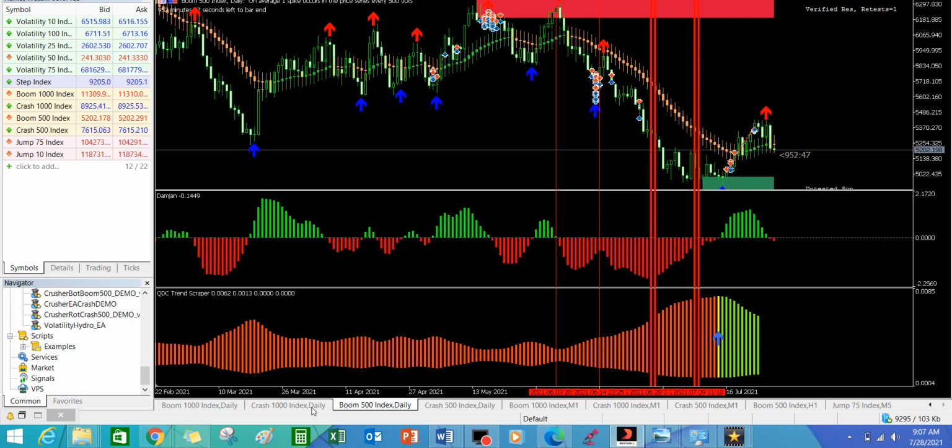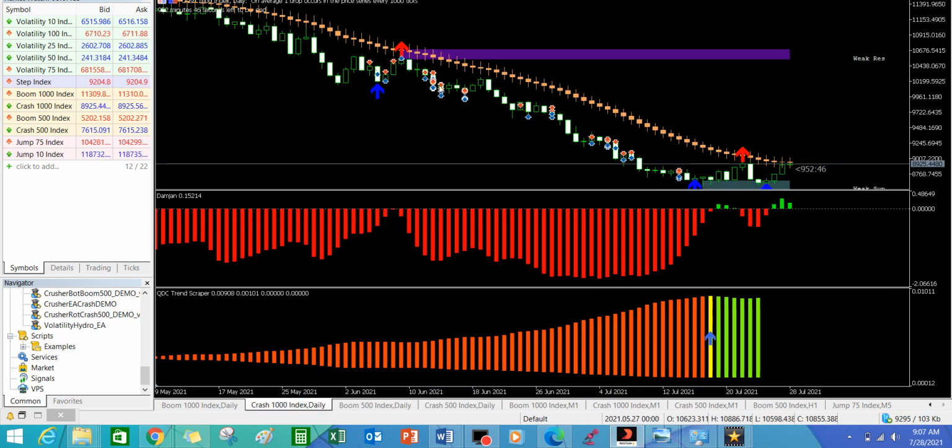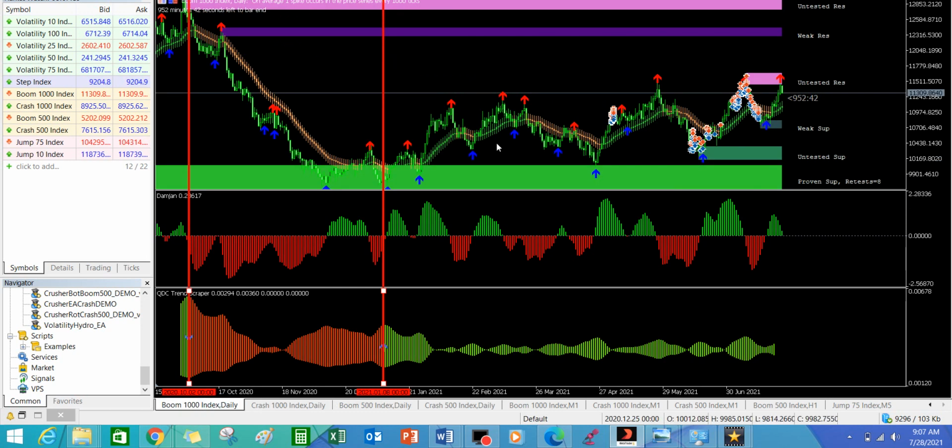If I'm not trading, then you won't be seeing them on the chart. You can see the cluster of arrows that are here. If I'm not trading, you won't see them on the chart. So I teach you what I am doing. That is what I teach you.